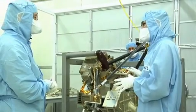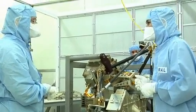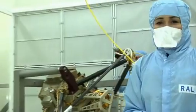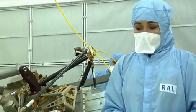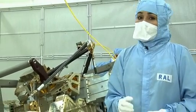Gillian, thanks so much for showing us your MIRI. You're very welcome. As you can see, the MIRI is basically two instruments in one, and it will be able to do its job because of the help of